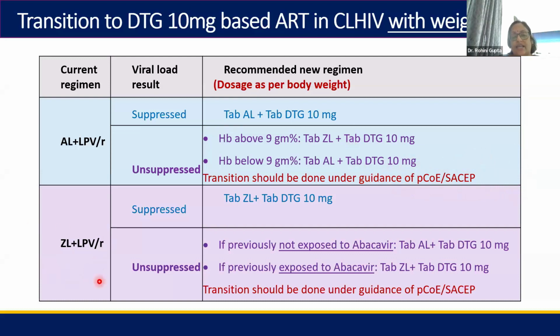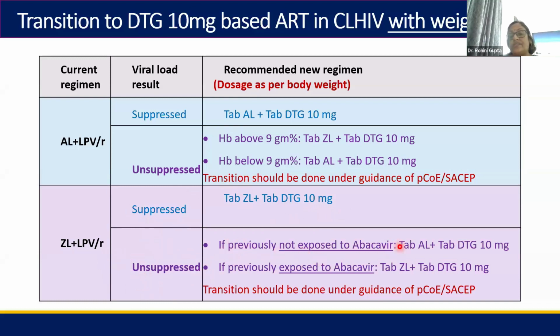Now, if the child is on ZL plus LPVR and has suppressed viral loads, then it's simple. We just replace the lopinavir, ritonavir with a DTG 10 milligram, and the regimen would be ZL plus DTG 10. But if this child whose viral load is unsuppressed and has been given 3 months of enhanced adherence counseling, and the second repeat viral load is also unsuppressed or more than 1,000 copies, then we need to find out, one,